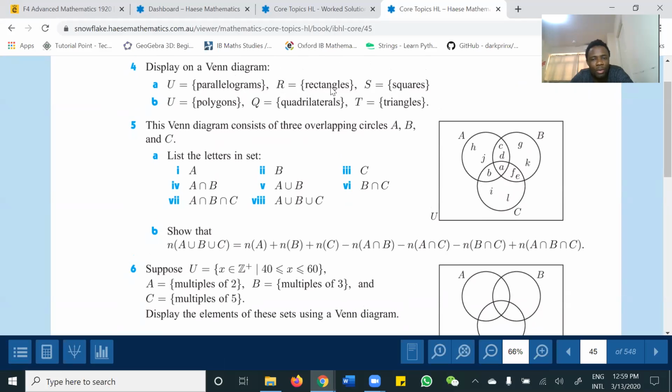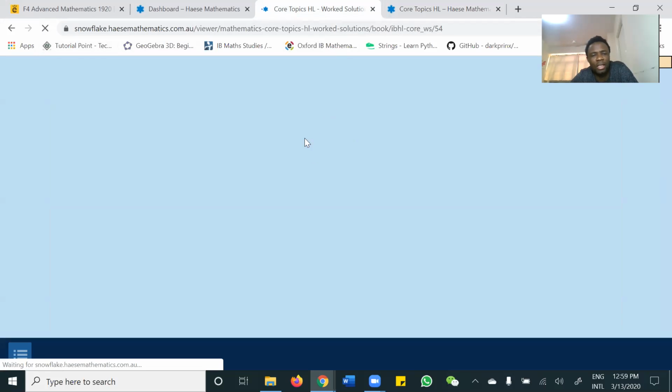Do they overlap? Or are they contained in each other? R contains S. Okay, because squares contains rectangle, right? No, squares is inside rectangle. Yes. All right, yes. Let's see.